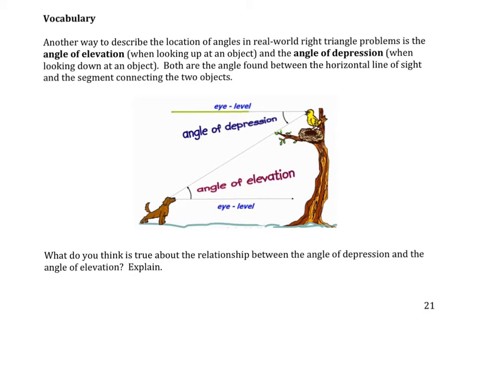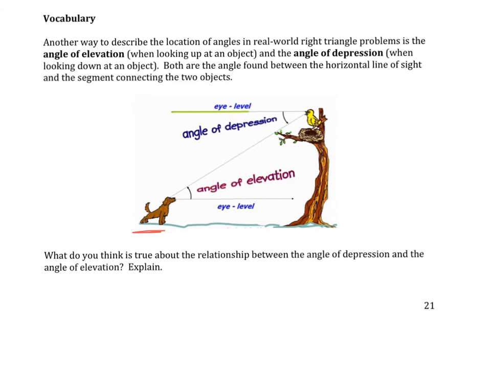Another way to describe the location of angles in real-world right triangle problems is the angle of elevation when looking up at the object, and the angle of depression when looking down at an object. Both are the angle found between the horizontal line of sight and the segment connecting the two objects. So as you can see, you've got